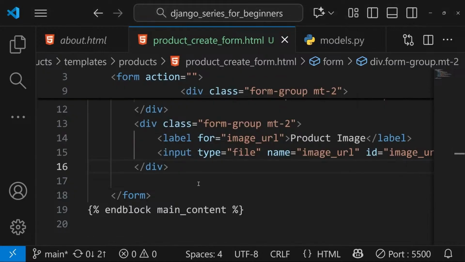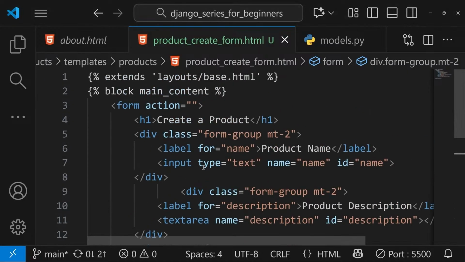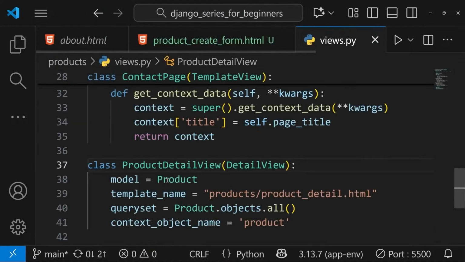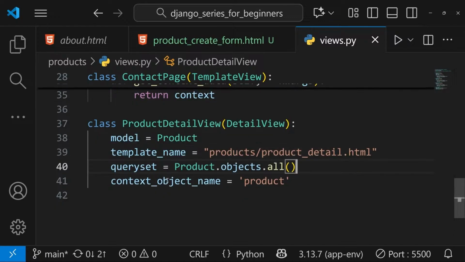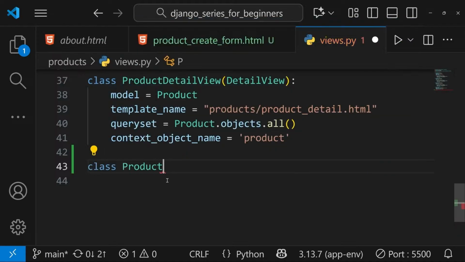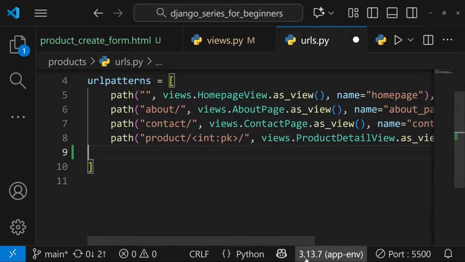So if I want to access this page, I have to create a view that will render this template. For me to do that, I'll go to our views for the products, and then I'll create something like this. So this is our product detail view, but then if I wanted to create a product create view, I'll say product create view,